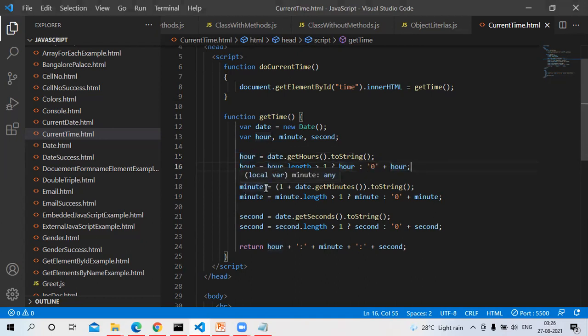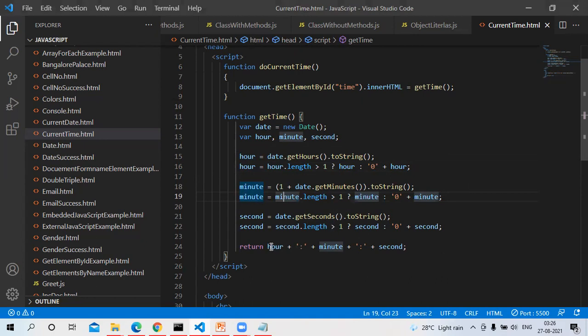Next, similarly, minute also we are taking here. Minute actually is between 0 to 59 in JavaScript, and that's the reason why we are adding 1 to this actually. Minute is 1 plus date.getMinutes toString, and then we check whether it is a single digit or two digits. If it is a single digit, we add a 0 in front of the number, and then we get the seconds here like this.